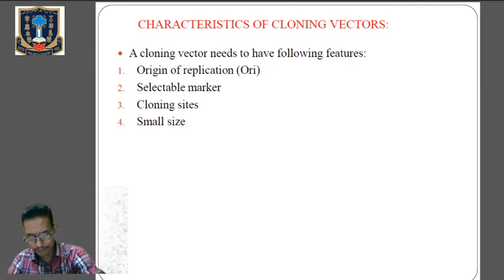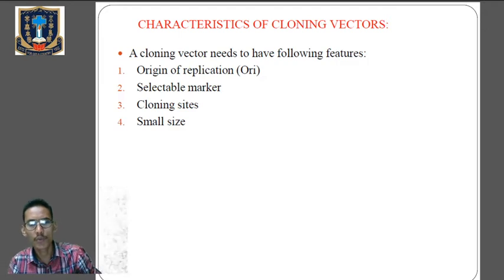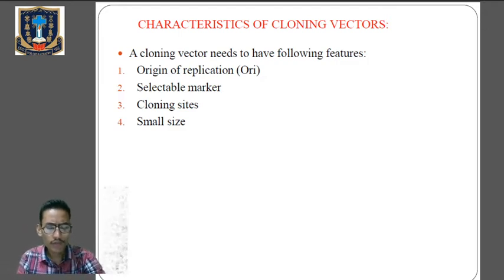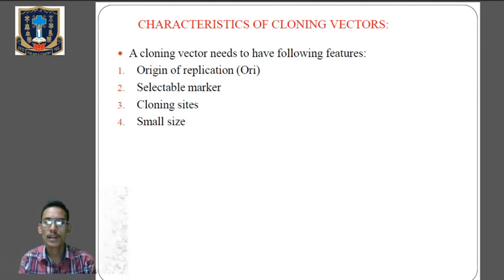What are the chief characteristics that the vector must possess? A cloning vector needs to have the following features. And what are those features? First, they should have an ORI site, origin of replication site. Number two, selectable marker. Number three, cloning sites. And number four, size must be small. These are the four most important features of a cloning vector, and these four features we are going